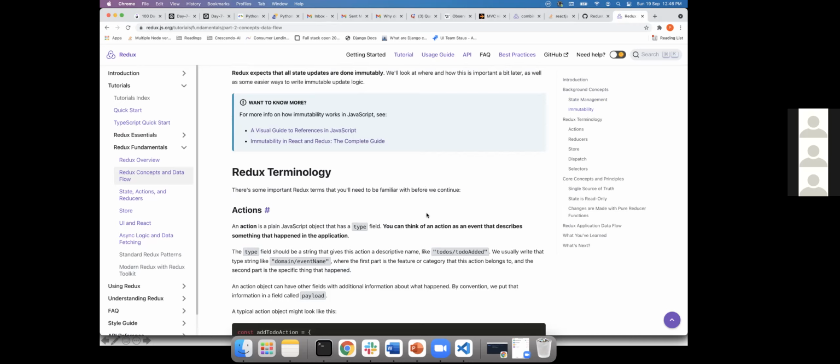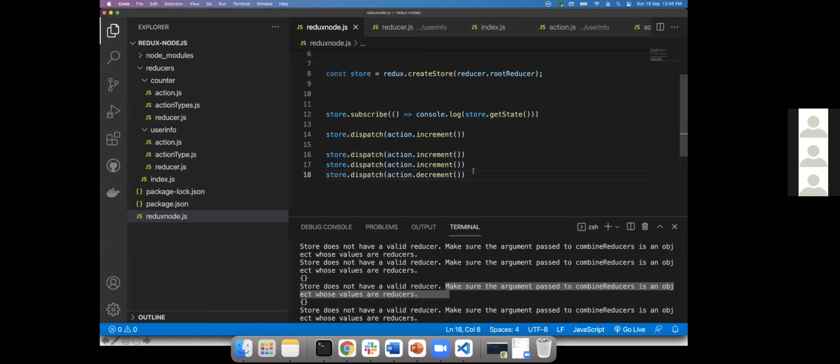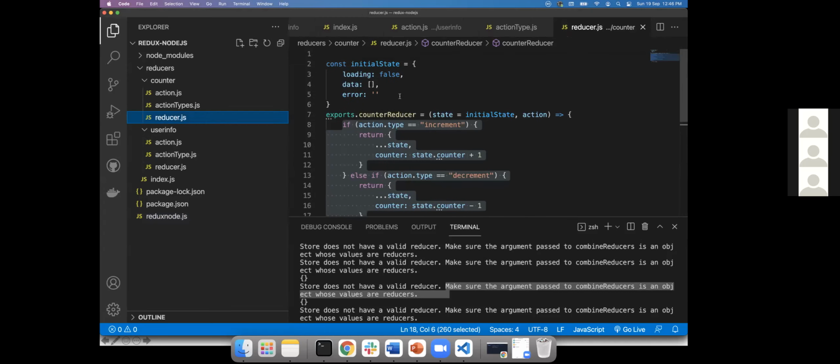Maybe why? Because sometimes, imagine I'm writing this for some reading purpose. If you see the screen now, you have an initial state with loading, data, and error.